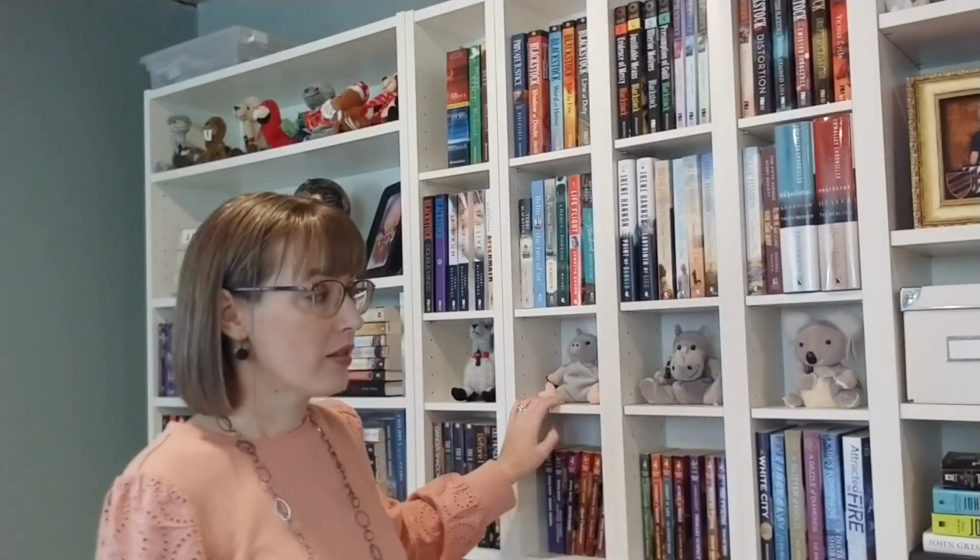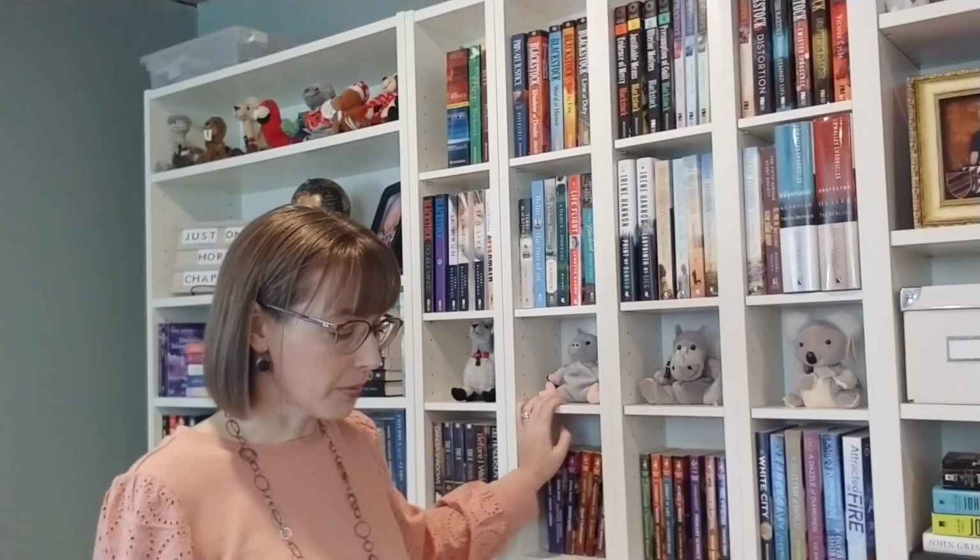But I read, what did I say? I read 10 rereads so far this year. So I'm working on it, but it's a slow process. But I'd like to only have 4 or 5-star reads kept on here. And I'd like to be able to move some of my read books or unread books over to this section. So I've got to make room, right? So let's get started. First thing I'm going to do,